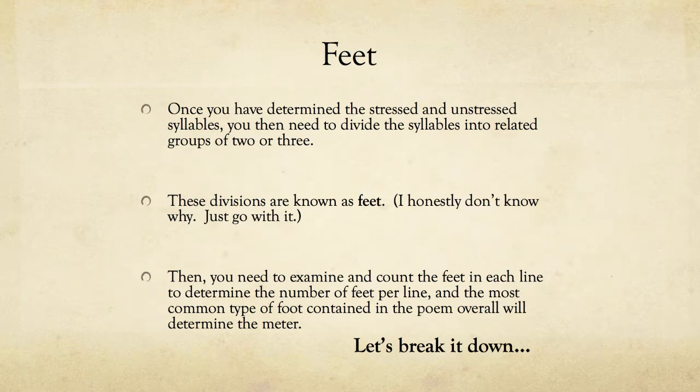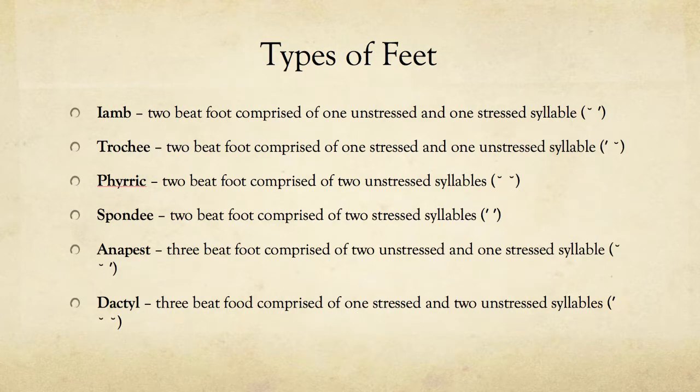Okay. Once you have figured out where all the stressed and unstressed syllables are to the best of your ability, then you need to divide them, and those divisions are known as feet, and feet are divided in groups of 2 or 3. Why are they called feet? I honestly have no idea. Just go with it. Okay. And once you have divided the feet, you will count them, and this is what will help you determine the meter of a poem. So the types of feet are iamb, which is a 2-beat foot comprised of an unstressed and then followed by a stressed syllable. This is why we say Shakespeare wrote in iambic pentameter, because the feet in his poems most often follow this